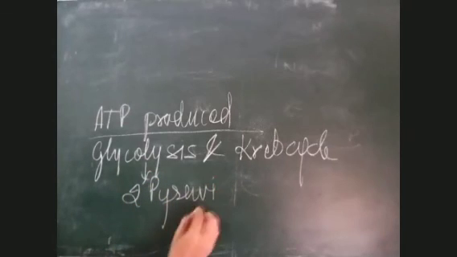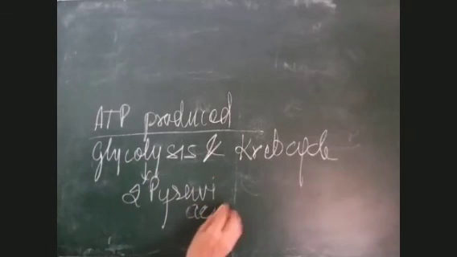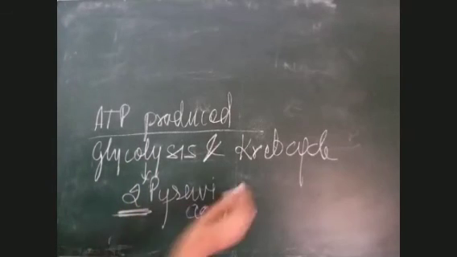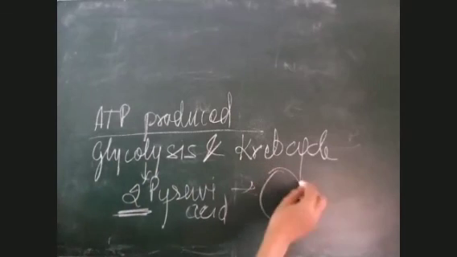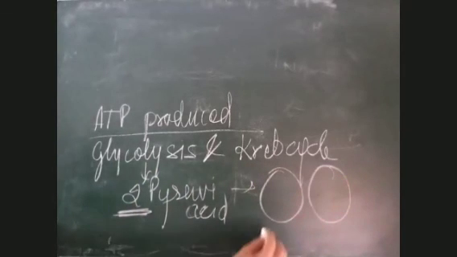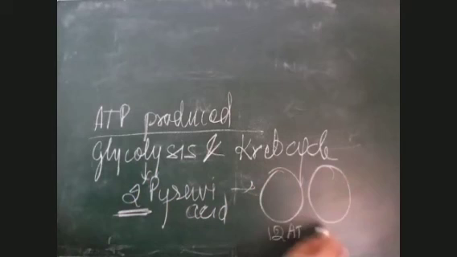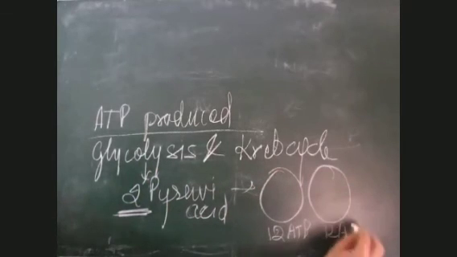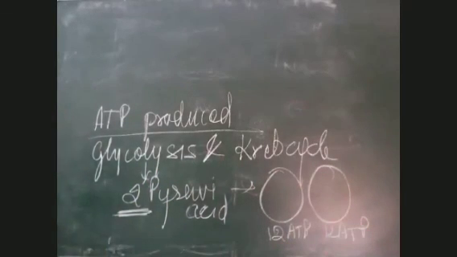For these 2 pyruvic acid molecules, this Krebs cycle will go 2 rounds. So if here 12 ATPs are produced, so 12 ATPs here also. So ultimately, Krebs cycle will give 24 ATPs. So children, you are going to do these calculations today. Now little time is left, so I don't want to start with oxidative phosphorylation, which is the last one. I'm going to start tomorrow, oxidative phosphorylation and balance sheet of aerobic.